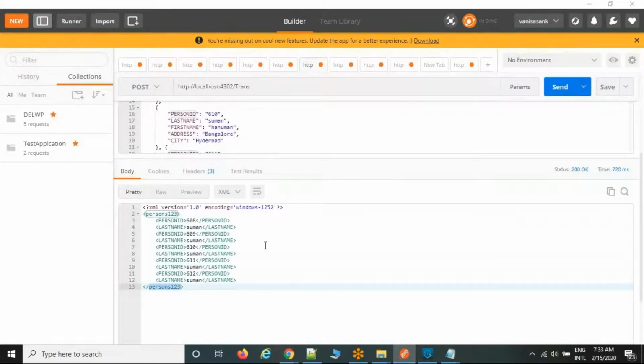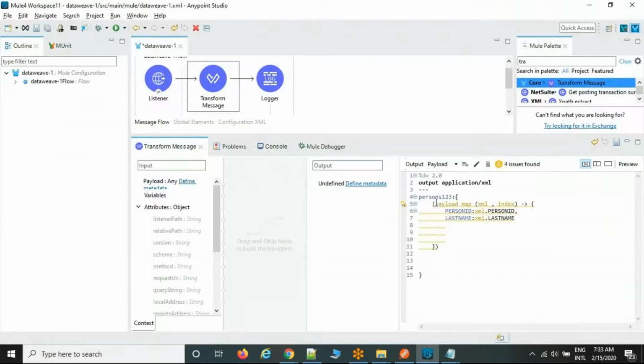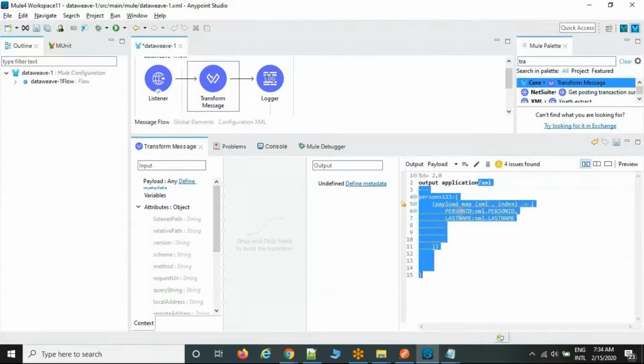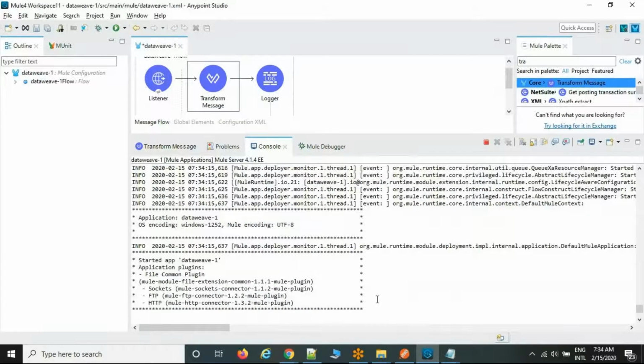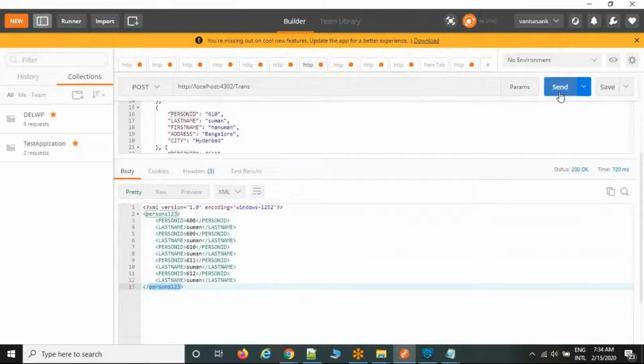This is the start tag, this is the end tag. And within the start tag, within the bracket only, we are going to include the loop mechanism in the XML format. So for person ID, if you want PID, you can modify it to PID here. So the colon left side goes to the target system, right? Now L name. Now restart. Send a request. See PID, L name.